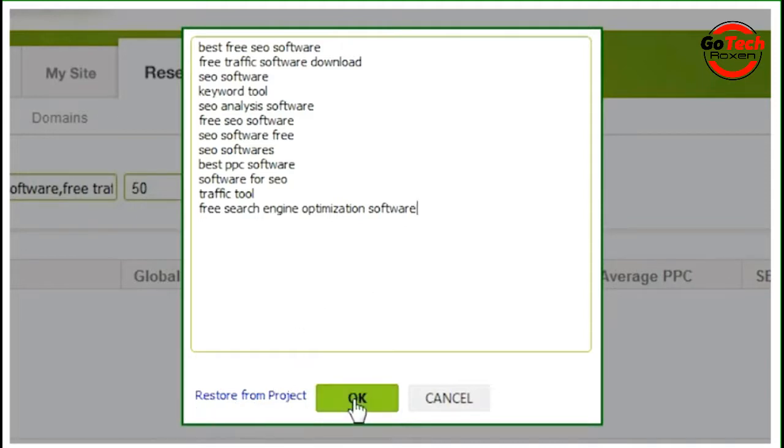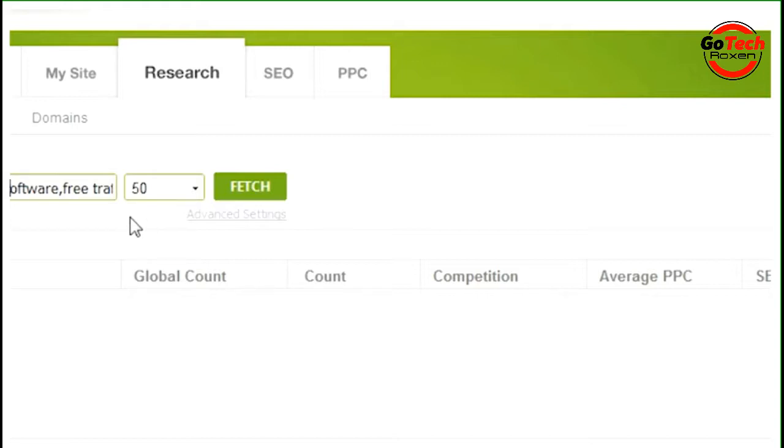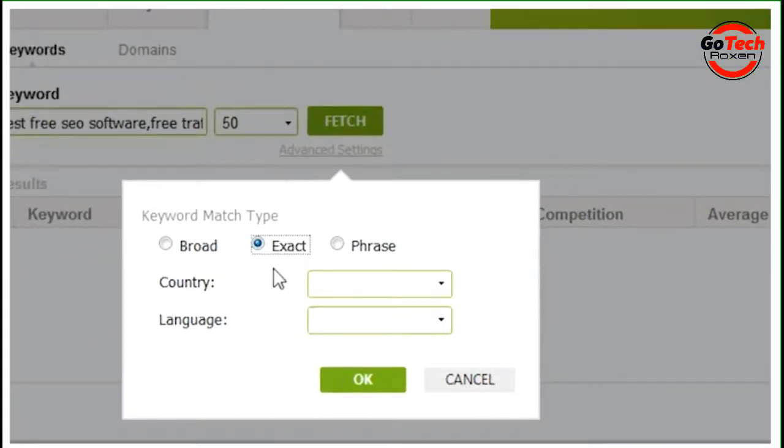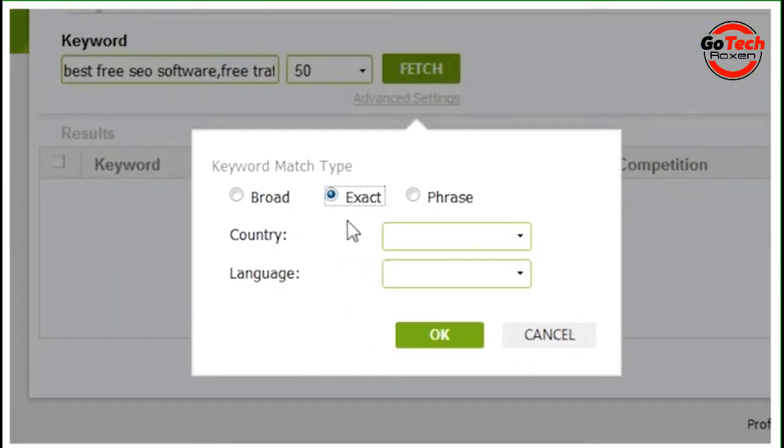OK button. In the value next to the keyword box, you can select how many keywords you'd like Traffic Travis to find and get results for. The minimum is 50 keywords, but you can retrieve up to 2,000. If you would like more control over how Traffic Travis calculates the search volumes, click on Advanced Settings underneath the Fetch button. From here, you can choose whether Traffic Travis will get its results based on a broad, exact, or